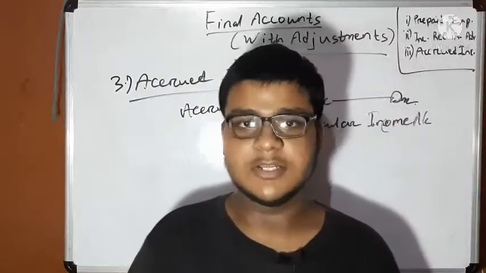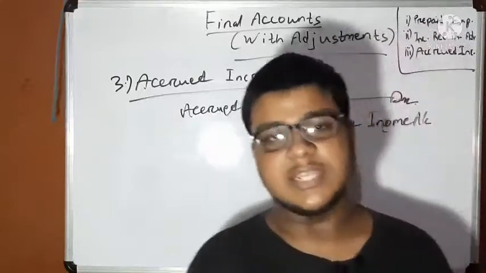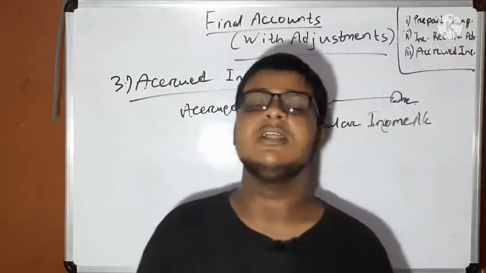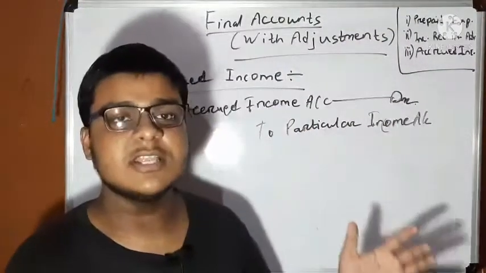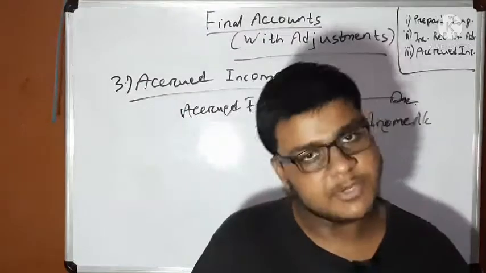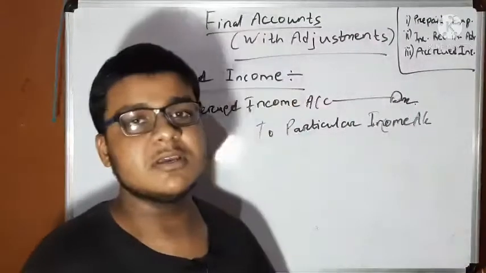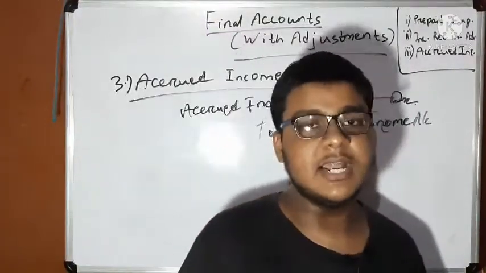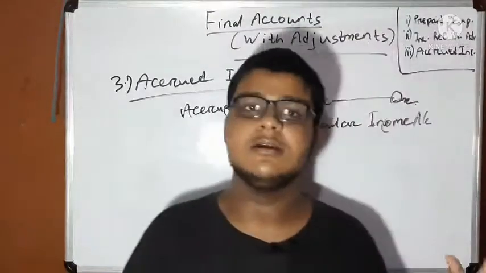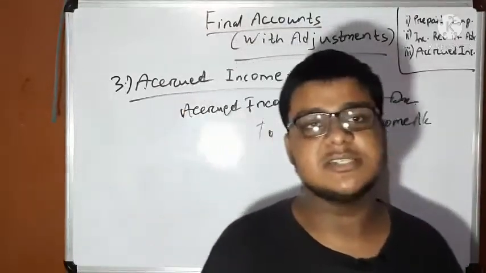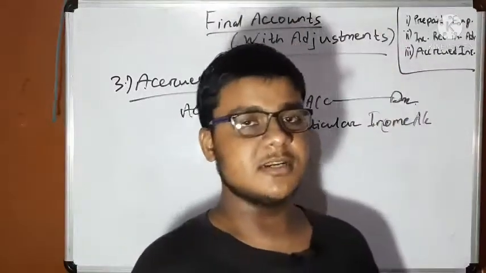But it is a current accounting period income, right? So it is to be recorded with this particular income account. As income is recorded on the credit side of the profit and loss account, the accrued income is also recorded by adding it to that particular income account. Let's take an example of commission received, and the accrued commission which is yet to be received is added to that particular commission. So the commission received plus accrued commission can be written on the credit side of the profit and loss account.